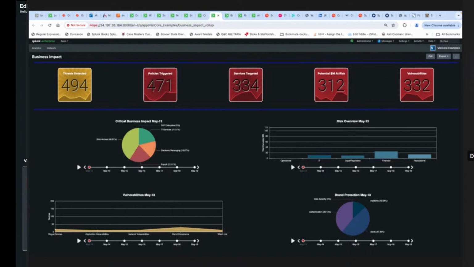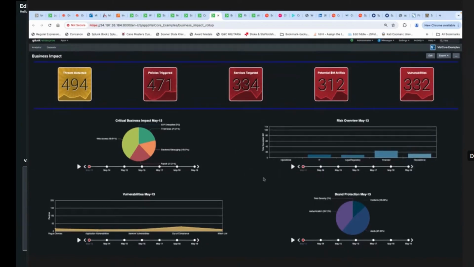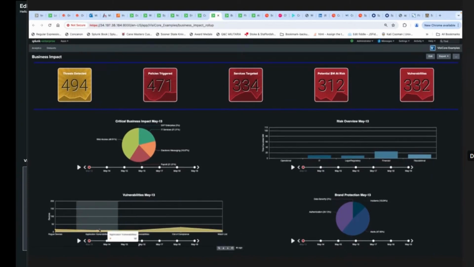This is a classic dashboard to do with impact to a business for CISOs: how many vulnerabilities are currently available, what their potential revenue risk is, assuming that one of these threats got through, what services were targeted, what policies were actually triggered for the threats that were detected, which business units were actually targeted by these threats, what the amount in dollars was by risk, and then look at things like vulnerabilities by date.